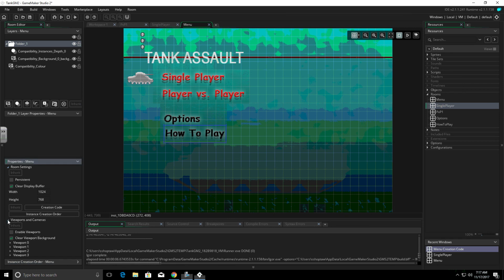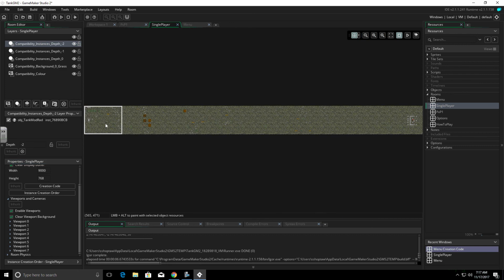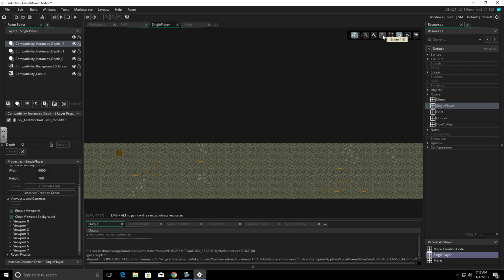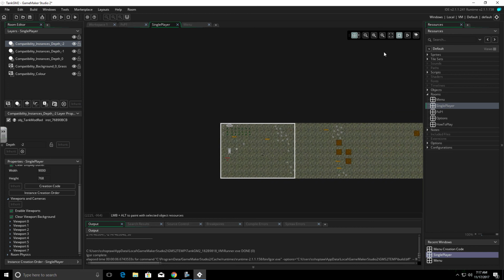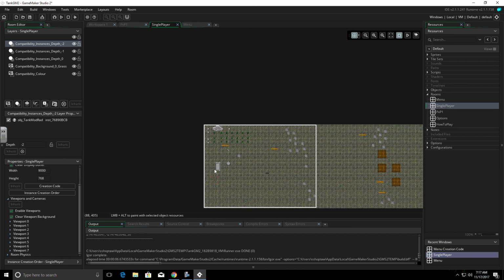Below this is the viewports and cameras. What a viewport is, if you have a game, for instance, in this game, a single player game, we can see that I've got this white box around where my player is going to be. So you can see our player is right here, which is a tank. This white box around it, that's a viewport.